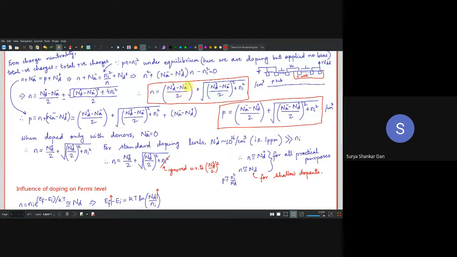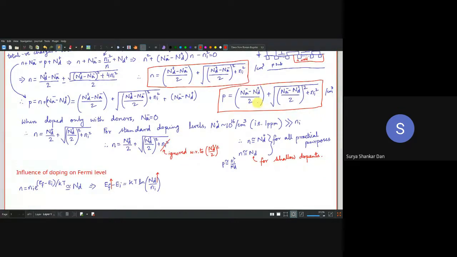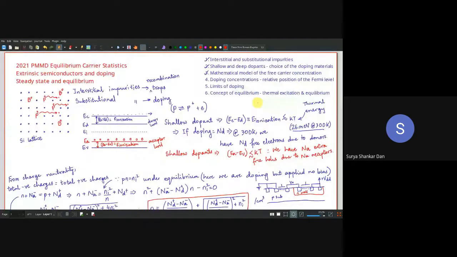So a P substrate is something like this, with Na minus. When you want to have an N well, you dope over and above the doping concentration of the borons in the P substrate, such that the phosphorus concentration not only neutralizes the boron in this region, but essentially has a higher amount of doping with respect to the substrate. That's why it is called an N well. The concept of a well comes from this differential doping. Very good, so we have completed this model.